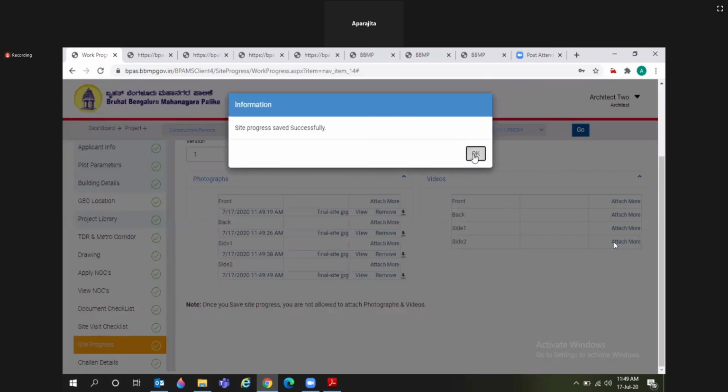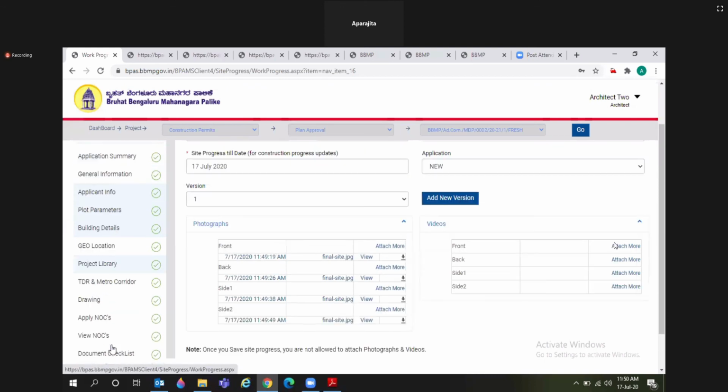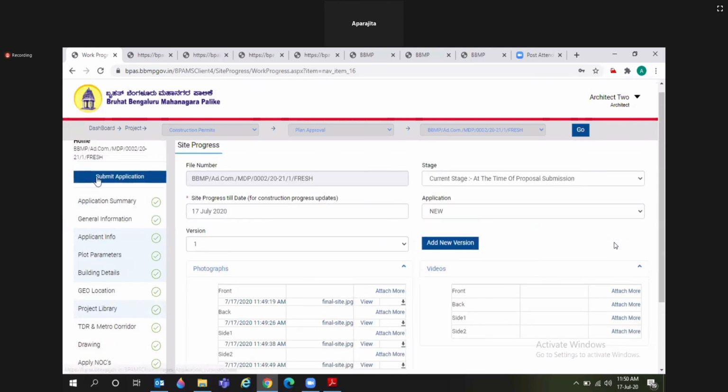Okay, site progress saved successfully. Now click on the submit button to submit this application to the BBMP. Click on submit application.